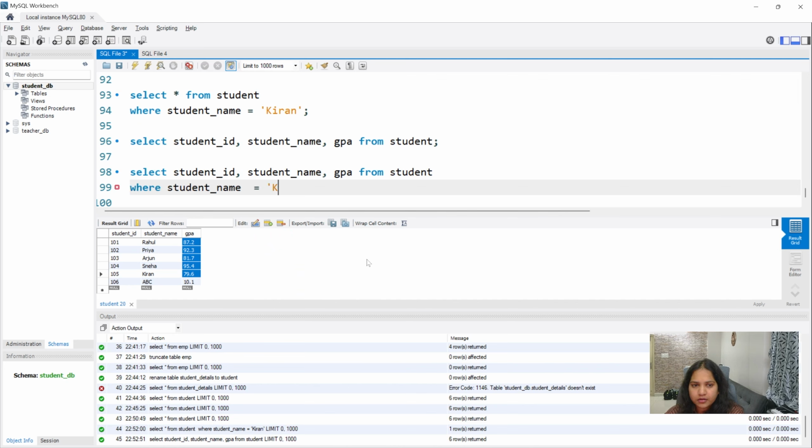The reason why I discussed them before update is that when you write the update command without this where condition, all the rows will get updated. Let me show you one example. I don't want to change this student table because it's our main table. We have one more dummy table created, so select star from EMP. Put a semicolon and run it, and you see EMP underscore ID. I'll insert some records into this. This is done. Now select star from EMP will give me 1, 2, 3 and 4.